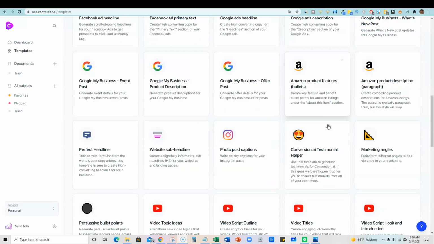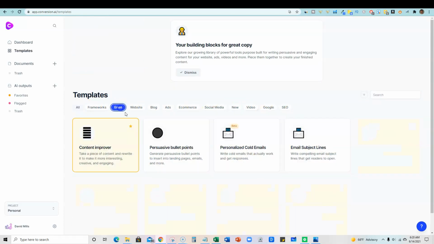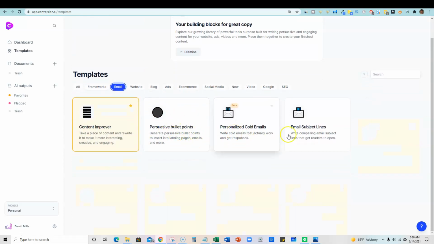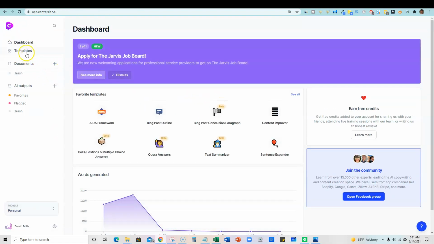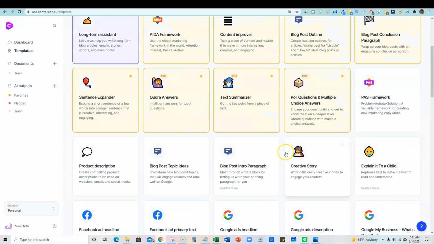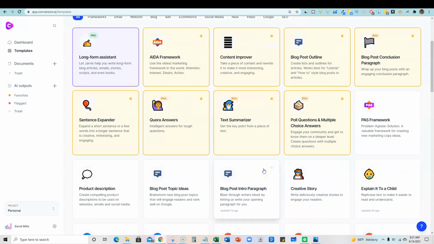What I actually like is the fact that you can come in here and pick out what you need. I need an email written, so I'm going to click on email. I can use these tools right here to come up with subject headlines. And when you click on one, you're going to have to fill out a few things in order to get going. So I really do like the interface. Some people feel like you have to go through too many hoops in order to get the content created. But in my opinion, what Conversion.ai has done and specialized in